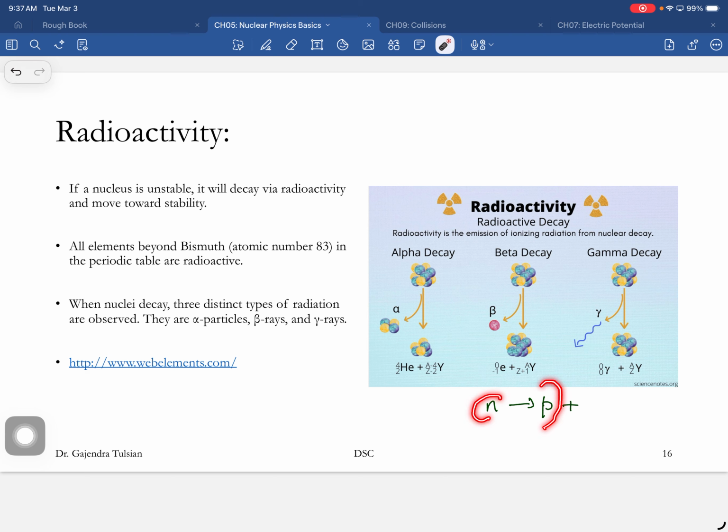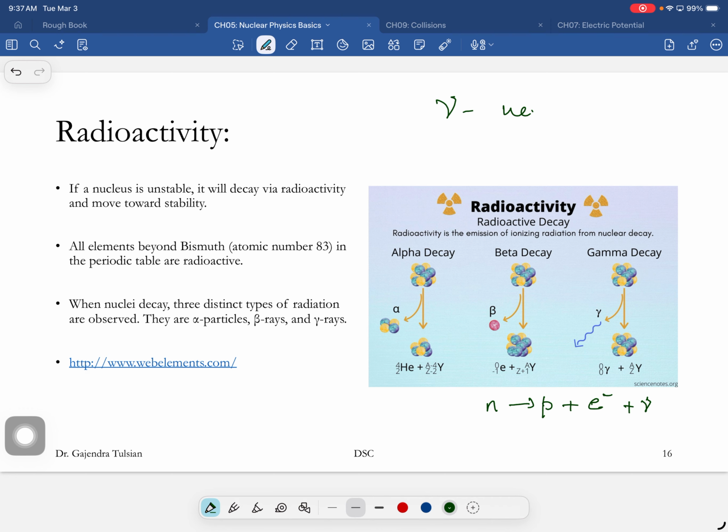The proton is a positively charged particle. So it's got to emit an electron as well, and then it emits something called a neutrino. Can you spell that? The neutrino, this is a